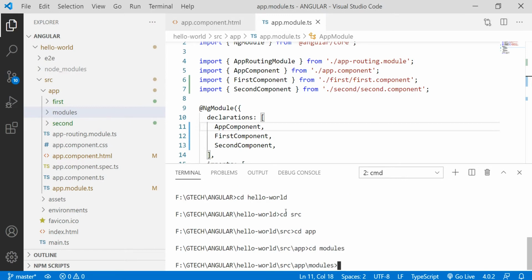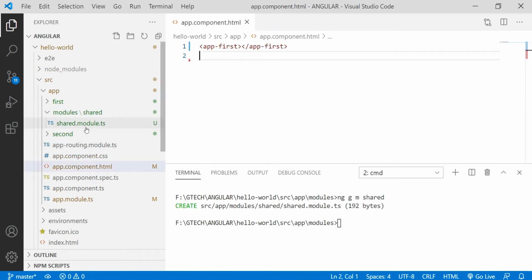Okay, so the command to create a new module is ng g for generate, m for module, and the module name. Let me create a module with the name shade.